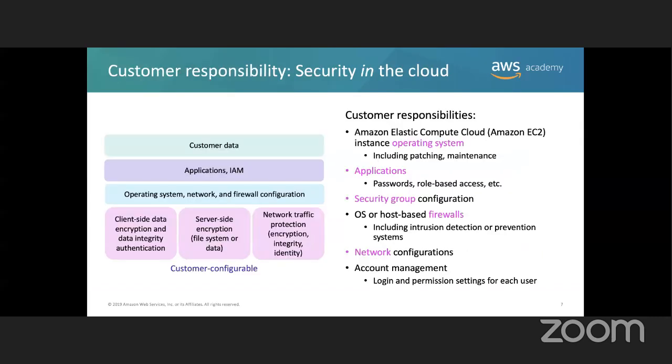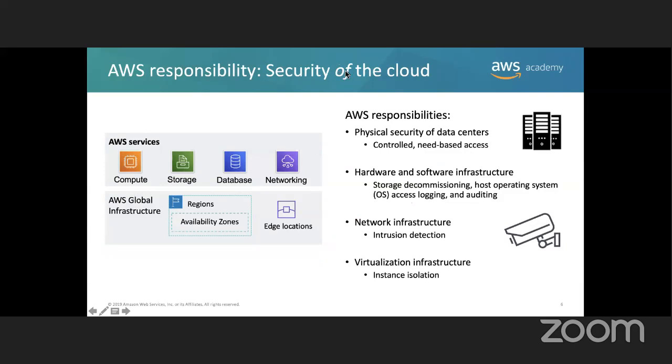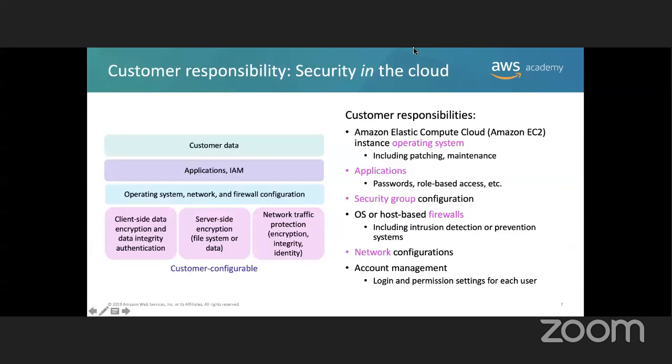Right now, this is your responsibility. Be careful with this preposition here. This preposition of is for AWS. This preposition in is for the customer. That's very important. Okay, so let's say that the operating system of an EC2 instance is your responsibility, right? Because remember that an Amazon EC2 instance is not a fully managed service, and if it's not a fully managed service, it means that you have to manage the service, right?